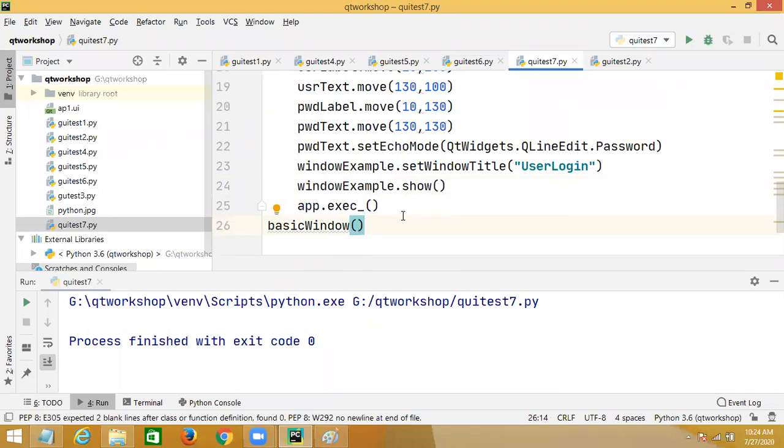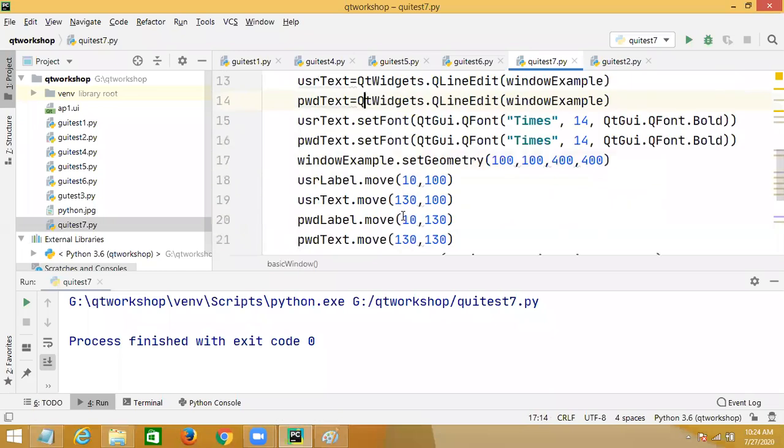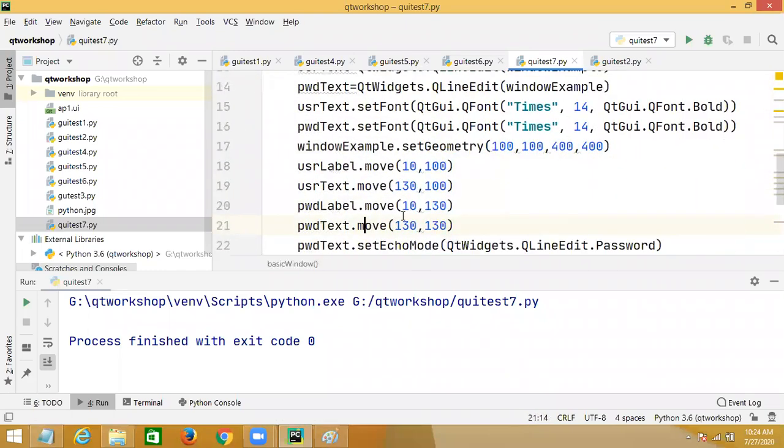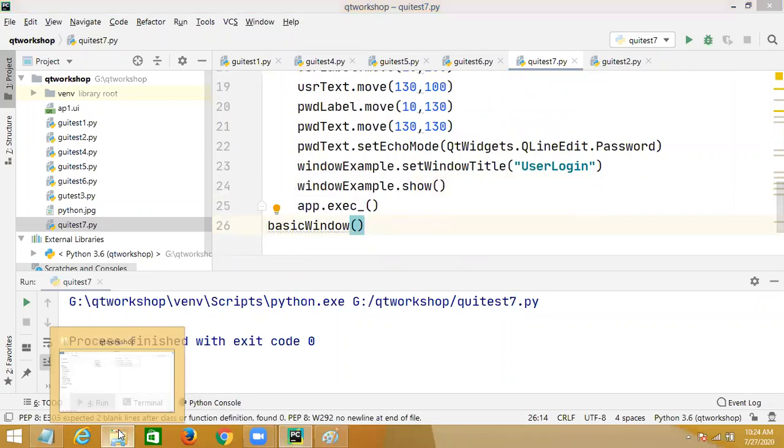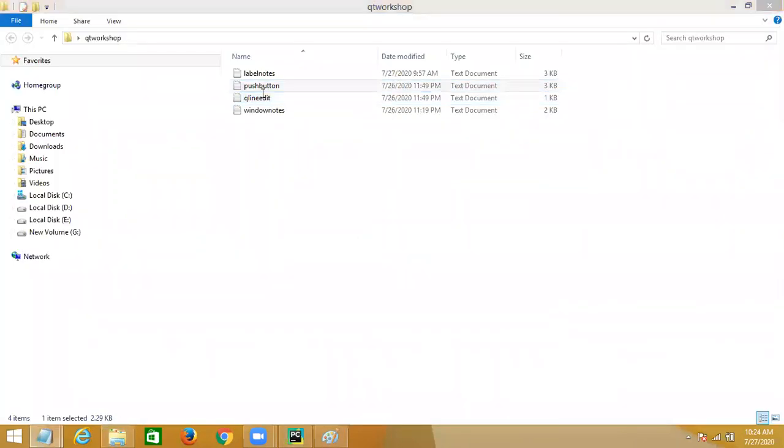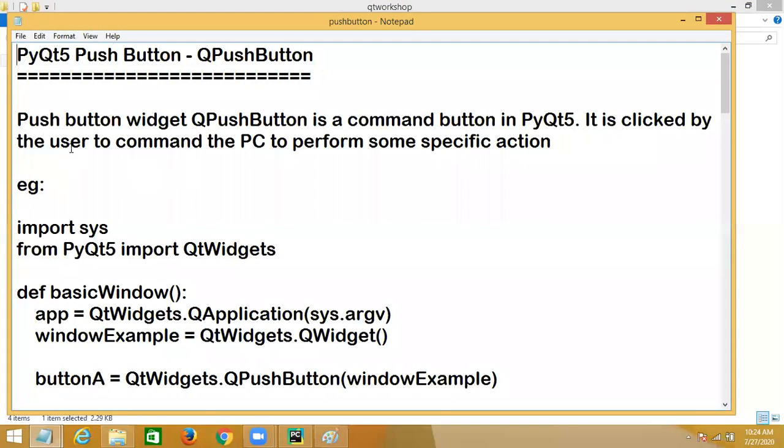The next topic is how to handle the events. For that, you are taking a button, right? There is a button now, the push button. QPushButton is there.